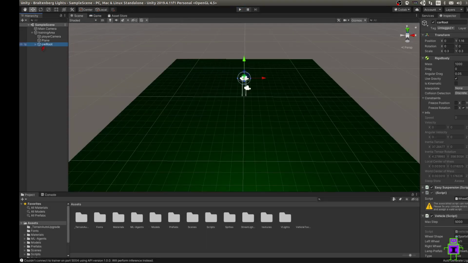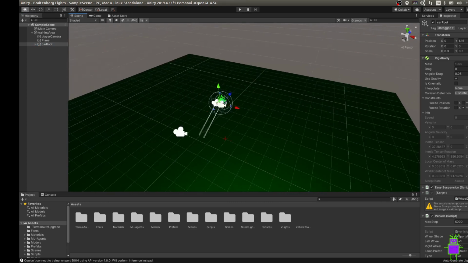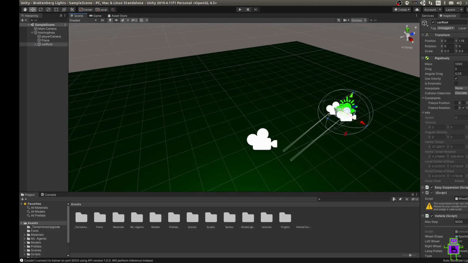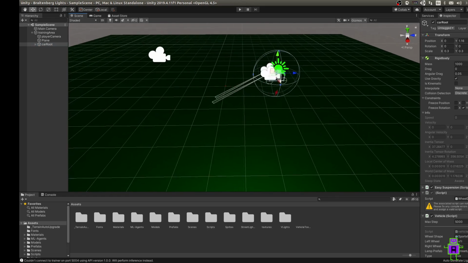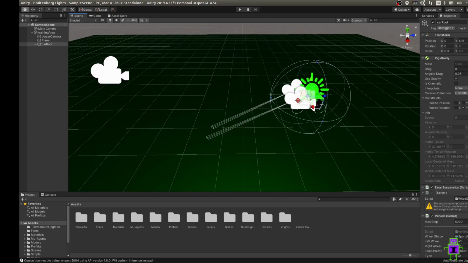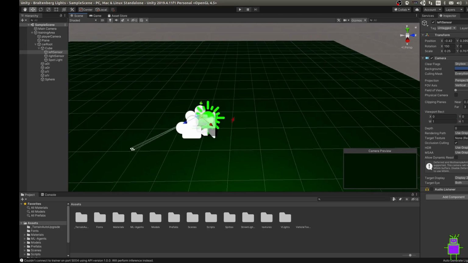So how does the vehicle detect the light? If we zoom in on this guy, we can see that I have attached two cameras. And you're thinking, well, why are you using cameras and not raycast? Because originally the Braitenberg vehicles are done with light detection, and these cameras are 1 pixel by 1 pixel. So we are literally seeing 1 pixel of light. This ends up being a light sensor for the left and the right.